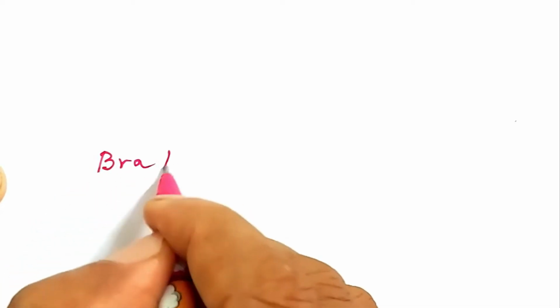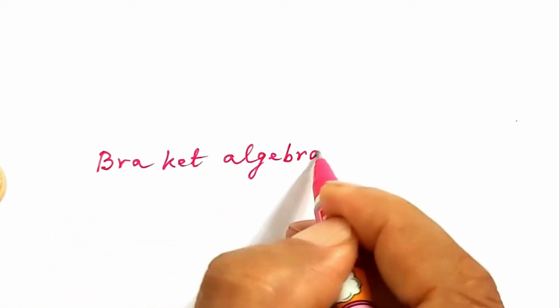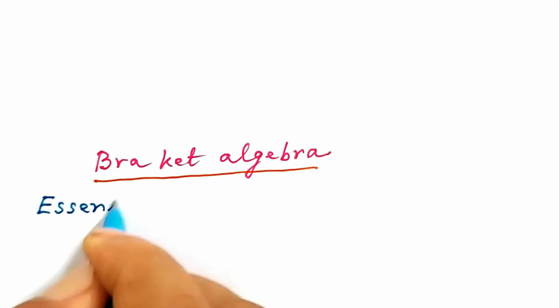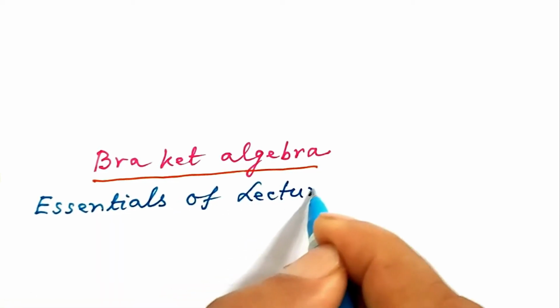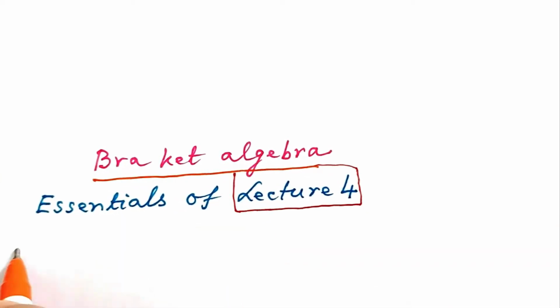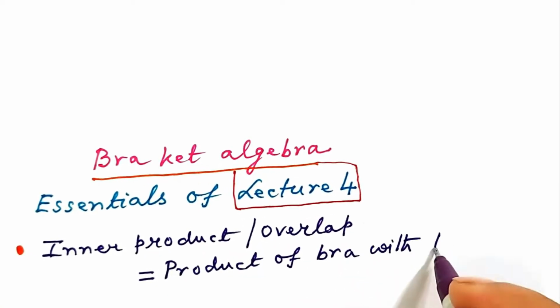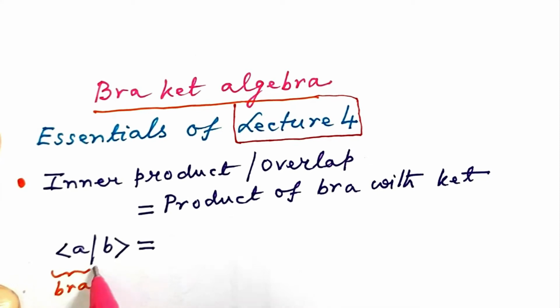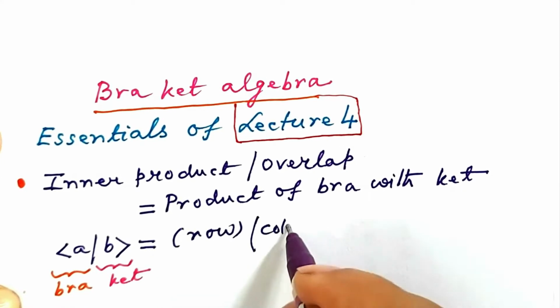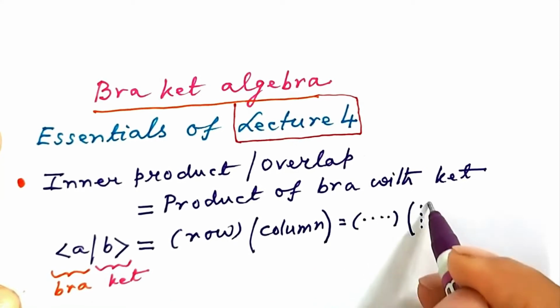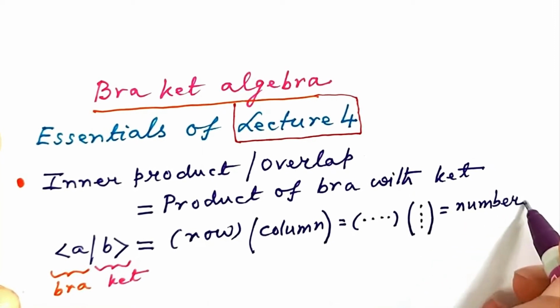This is a lecture on bracket algebra, the fifth in the series. The essential features of the previous lecture 4 are as follows. The inner product or overlap is the product of bra with a ket. Bra A into ket B is in fact the product of row into column, and this generates a number, complex